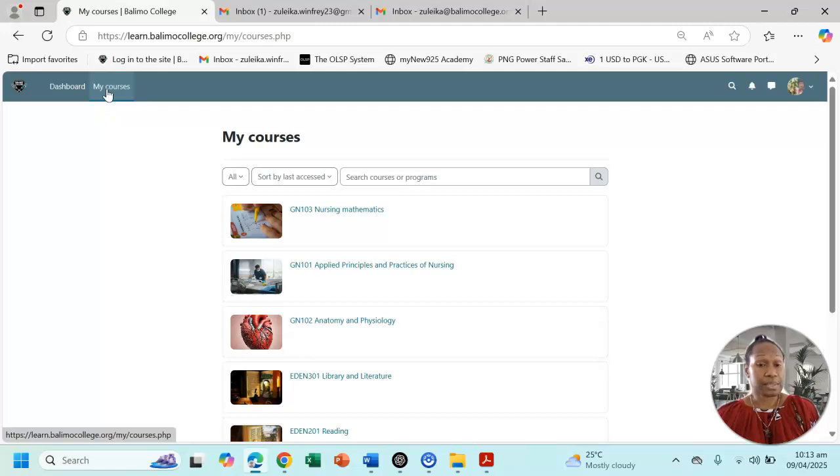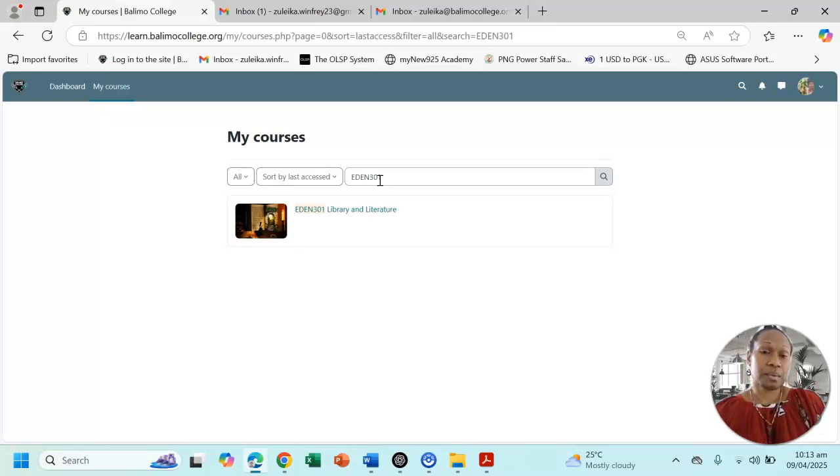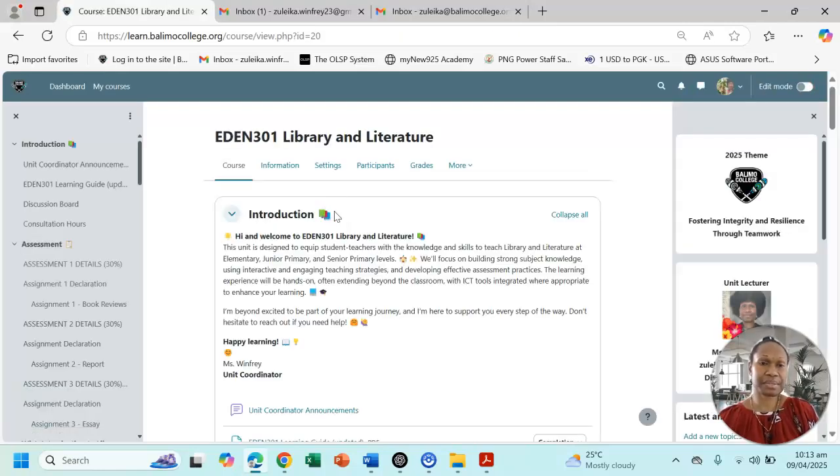When you click on My Courses, all the courses that you are currently enrolled in will appear in the center like this. So to access your course, click on the course code and course title. The other way is to click inside the search box like what I'm doing right now and enter the course code and hit enter. Once you've done that, click on your course